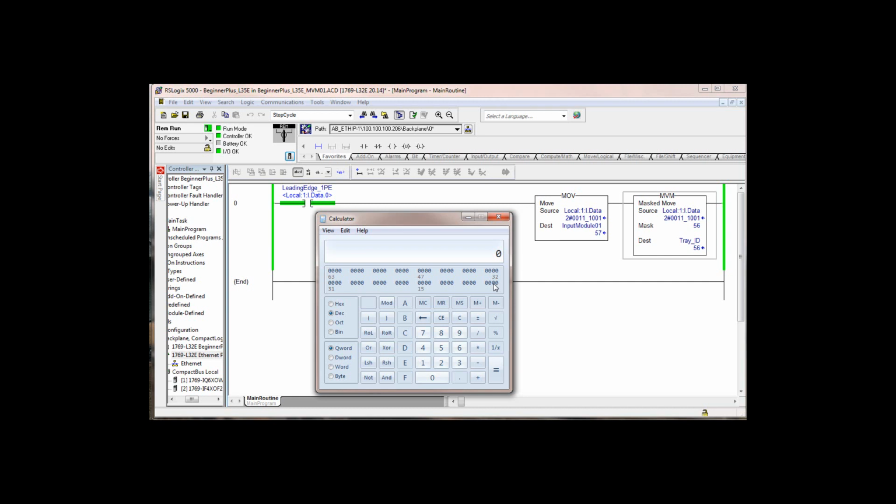So let's say I want the 2nd bit, 3rd bit, and I want the 9th bit and the 12th bit. That's a decimal value of 2310. That's what you would put in here for mask value, and it would only pass through the state of bit 1, bit 2,